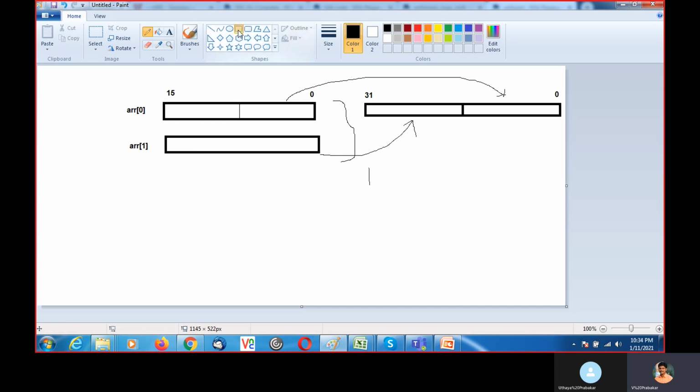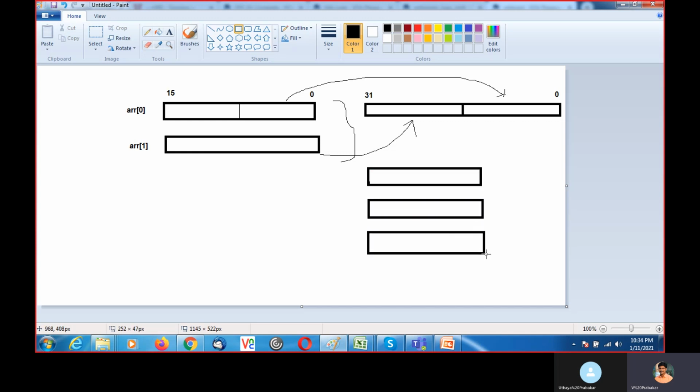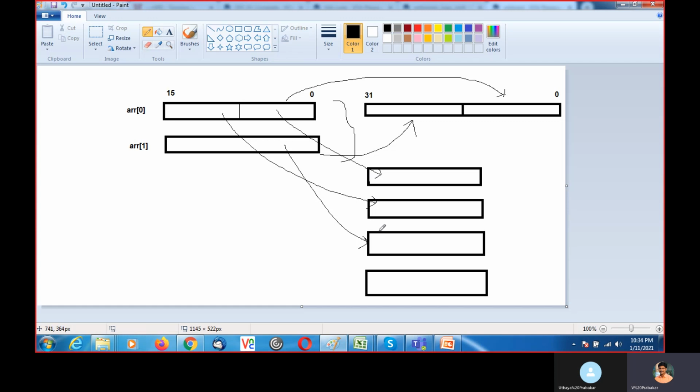The queue needs 4 locations for this example. Each location is capable of storing 8 bits, declared as a byte. So first this is stored to value of 0, this is stored to value of 1, this 8 bit is stored to value of 2, and this is for value of 3.